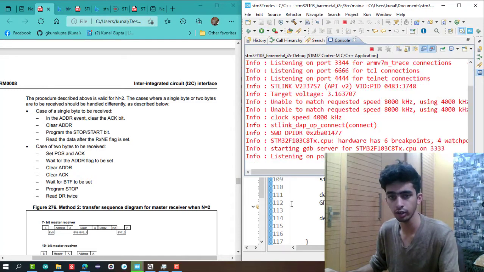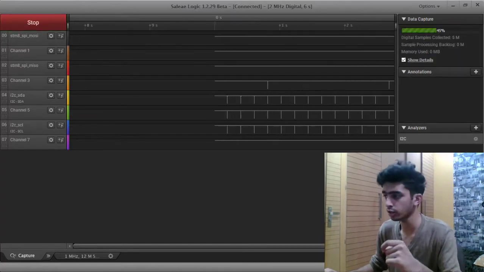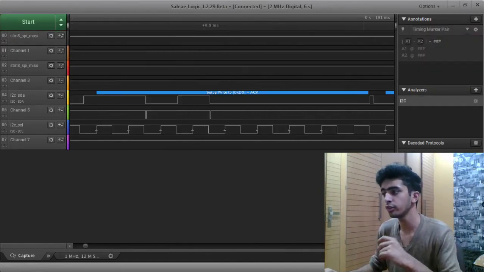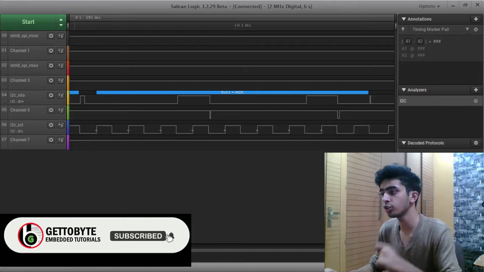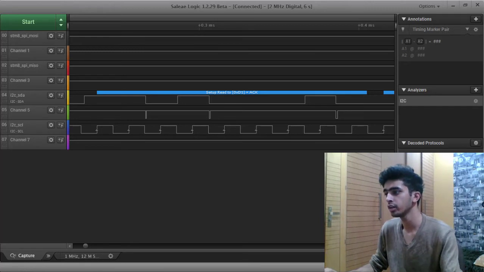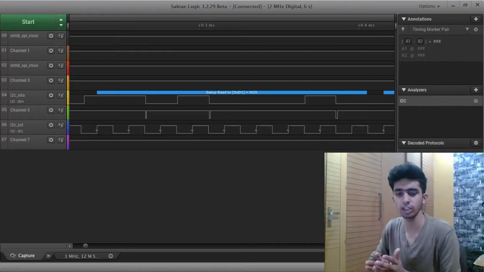First we write the data D0, the transmitted data is 0x11, which is our temperature register for the RTC3231, and then set up read at the D1 address, at the same temperature register only, with the read enable bit, plus acknowledge received. Then we want to receive the 2 bytes, so first 0x23 byte received plus acknowledge, then 0x40 second byte received plus not acknowledged, which means our data session is completed, as you can see here now. And then we have generated the stop condition, shown by the red sign. So that's how the I2C session goes, the device driver goes on.